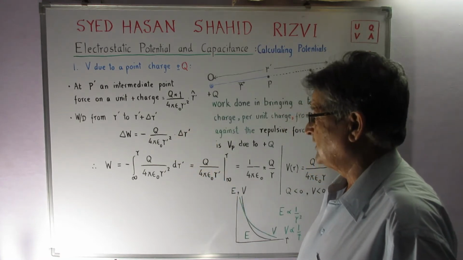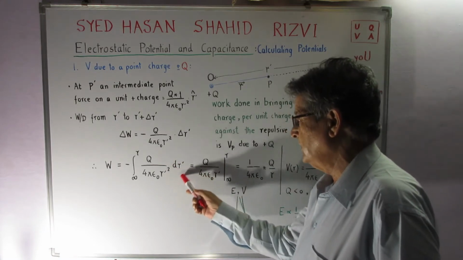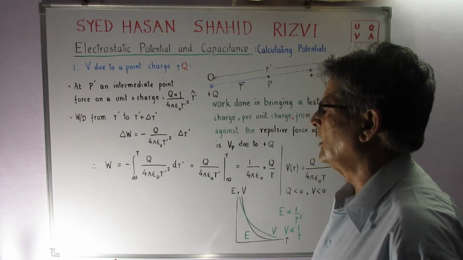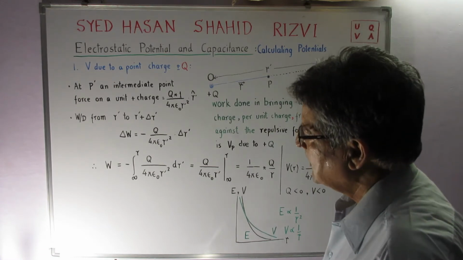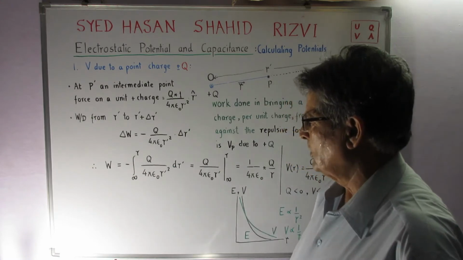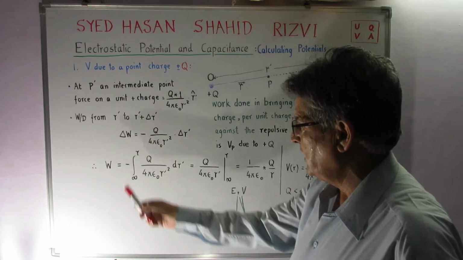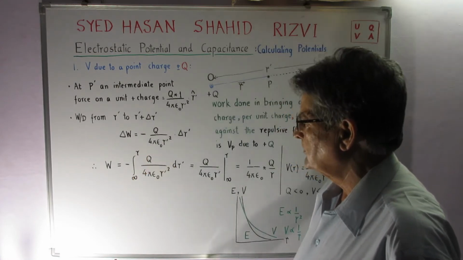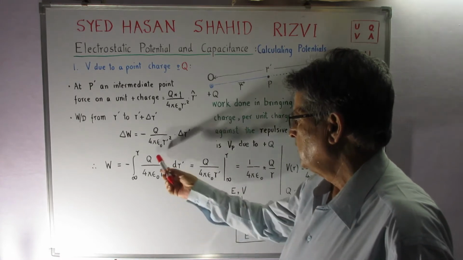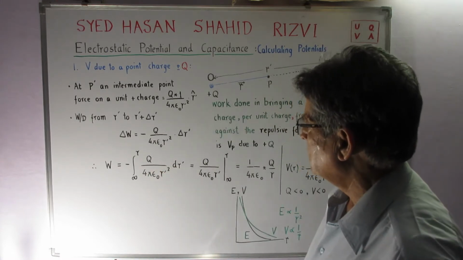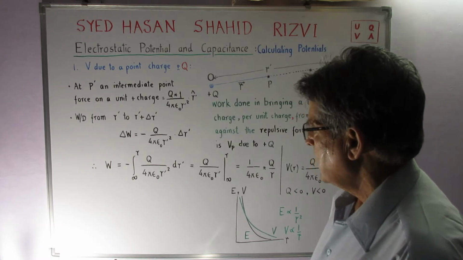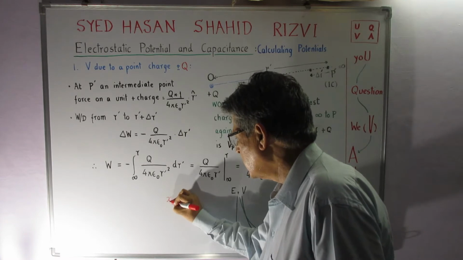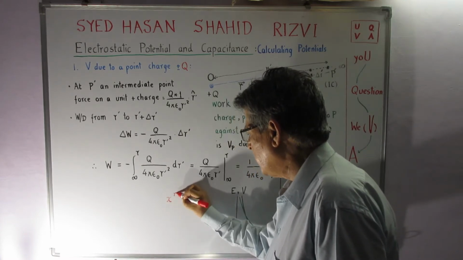And if we say that this delta R dash is a small thing like dr dash, and we resort to integral calculus, then W is equal to minus, from infinity to R, this point P, Q upon 4 pi epsilon naught R dash square dr dash, and because integral of x raised to the power of n